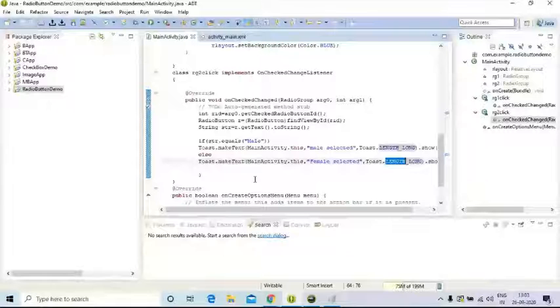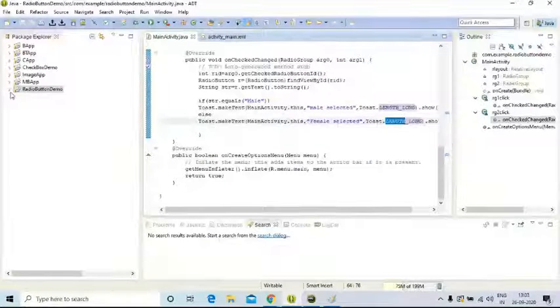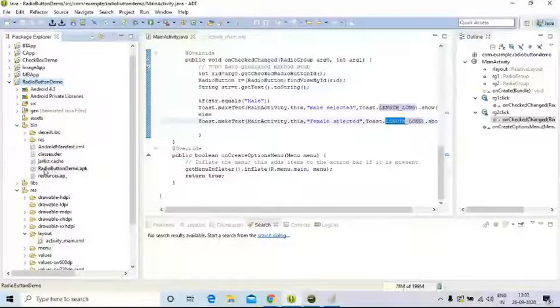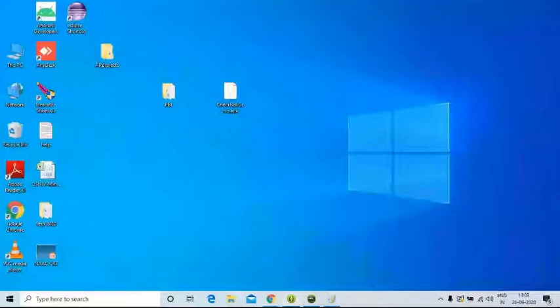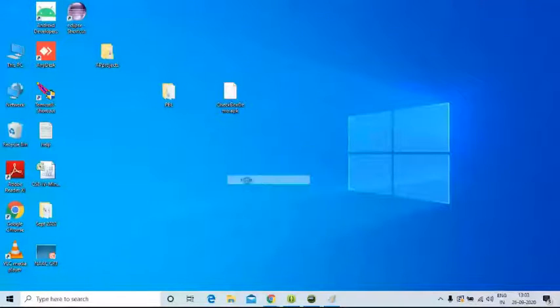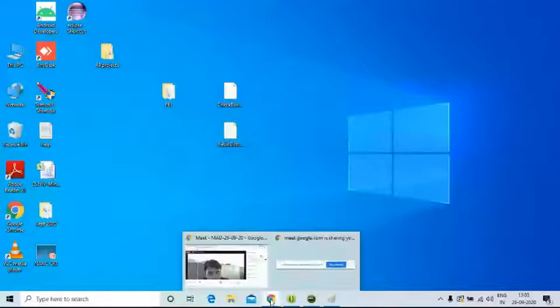Let's execute this application. In the meanwhile, I will send the APK file to you here. Everybody, please execute this APK file on your mobile. And in the meanwhile, I will execute it on the emulator. I'm sending this APK file.